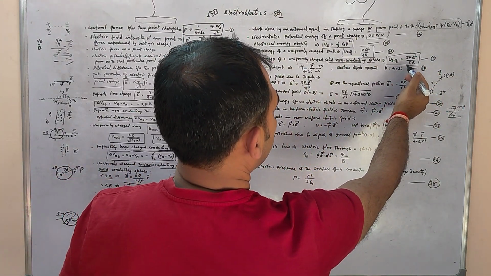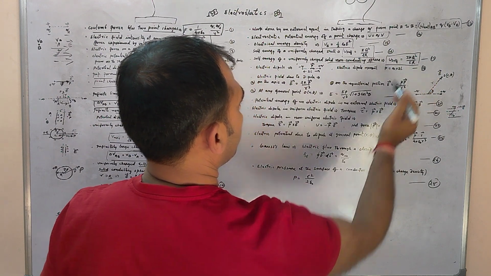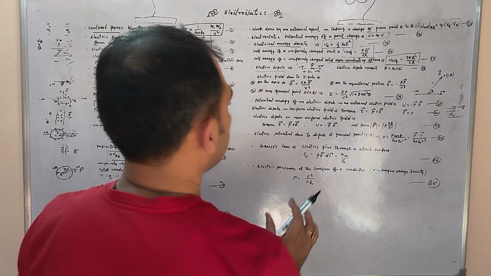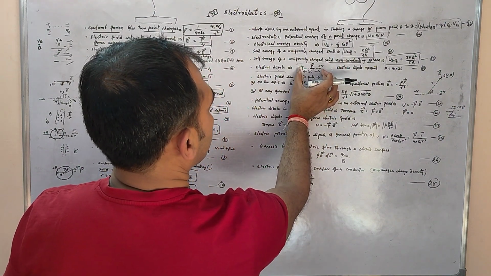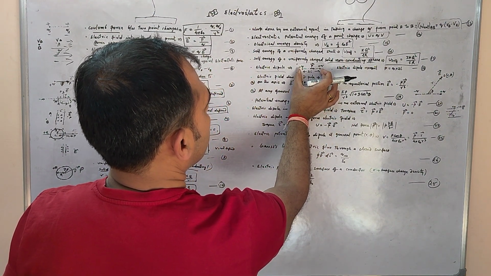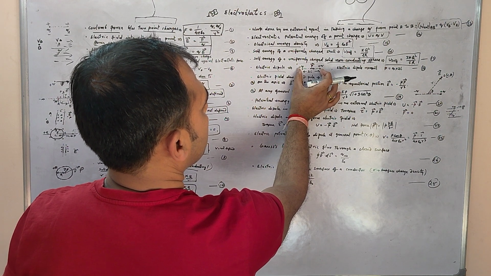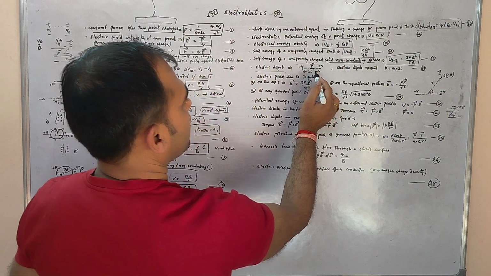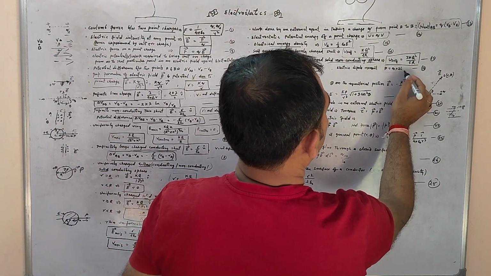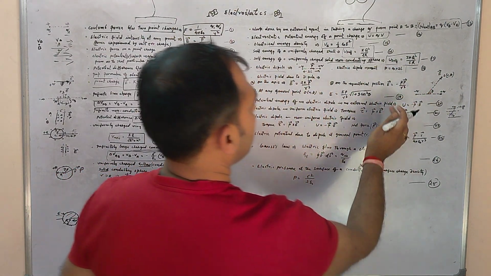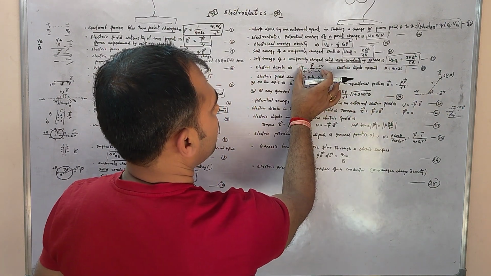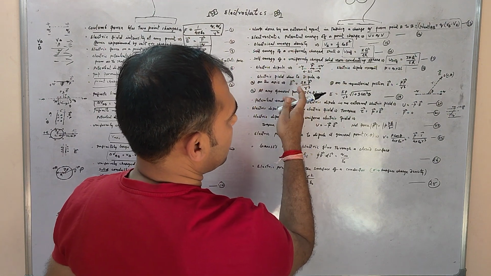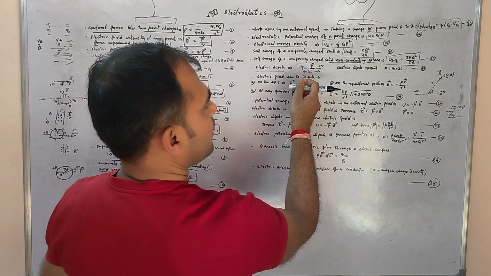So the self energy will be 3 by 5 kq square by 5r. Now electric dipole. Electric dipole is a combination of two equal and opposite charges placed at a distance 2l. So the electric dipole moment P can be given by, magnitude of P can be given by Q into 2l. 2l is the distance between these point charges, and its direction will be in the same direction